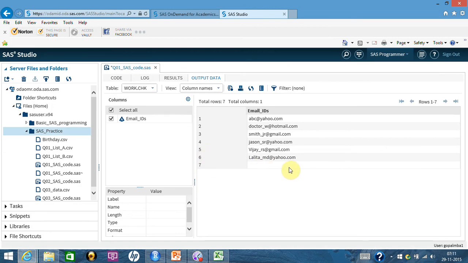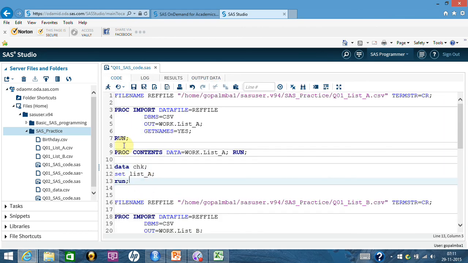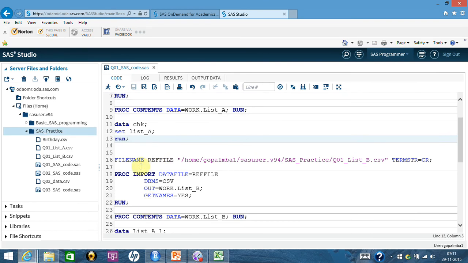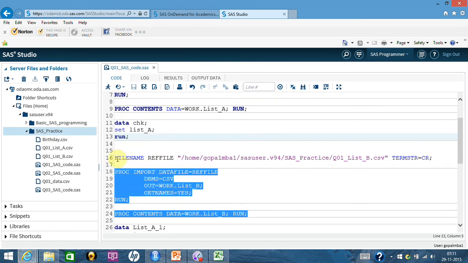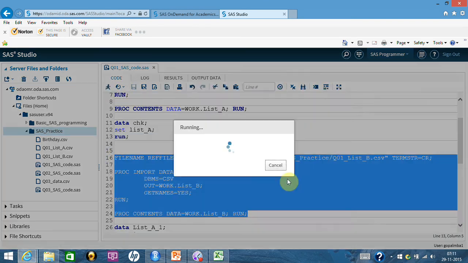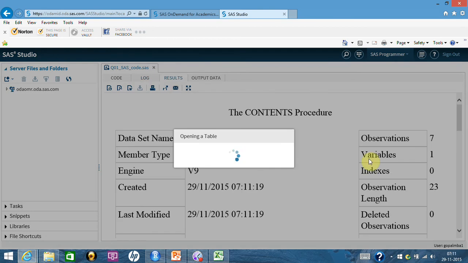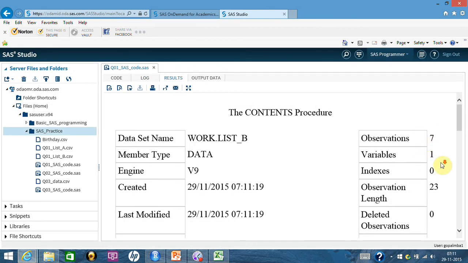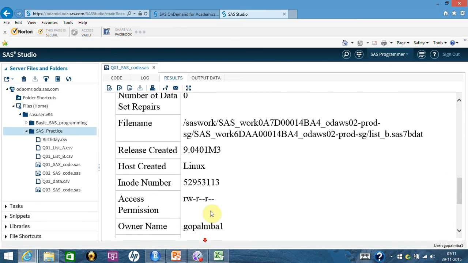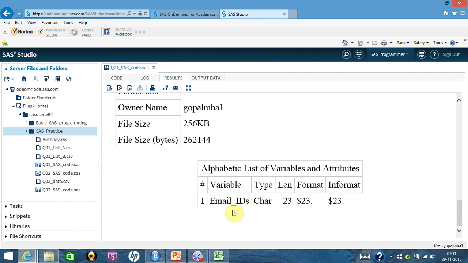I don't know why, but that's okay. We can always manage this, and I'll show you how. Here it will not pose any challenge anyway. Then, the same way, I have taken list B. Again it is showing 7 observations, 1 variable, and the email ID has come here.